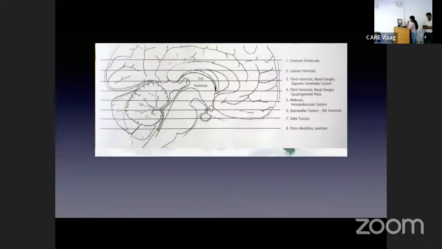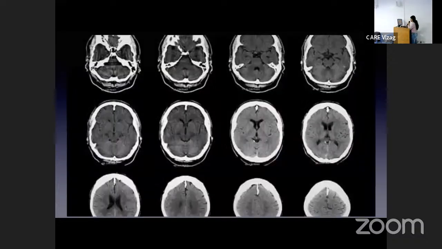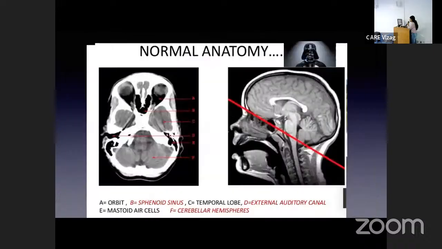Basically, a CT scan would be taken along these axial sections, starting from centrum semiovale, lateral ventricles, third ventricle, midbrain, suprasellar system, and sella turcica, and pontomedullary junction. So these are how we obtain the CT axial sections. So starting from anatomy, here is the axial section which is taken along the